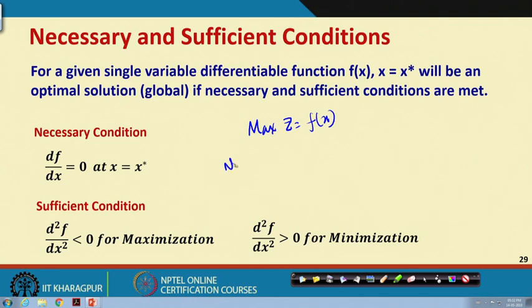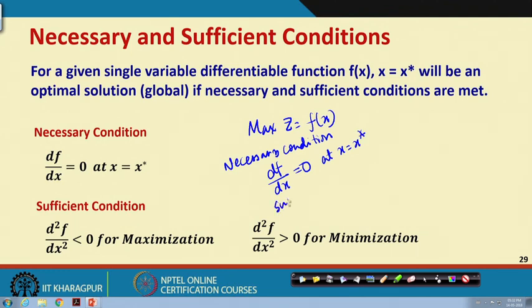What is the necessary condition? The necessary condition will be df/dx equal to 0 at x equal to x star, but we cannot call x star optimal